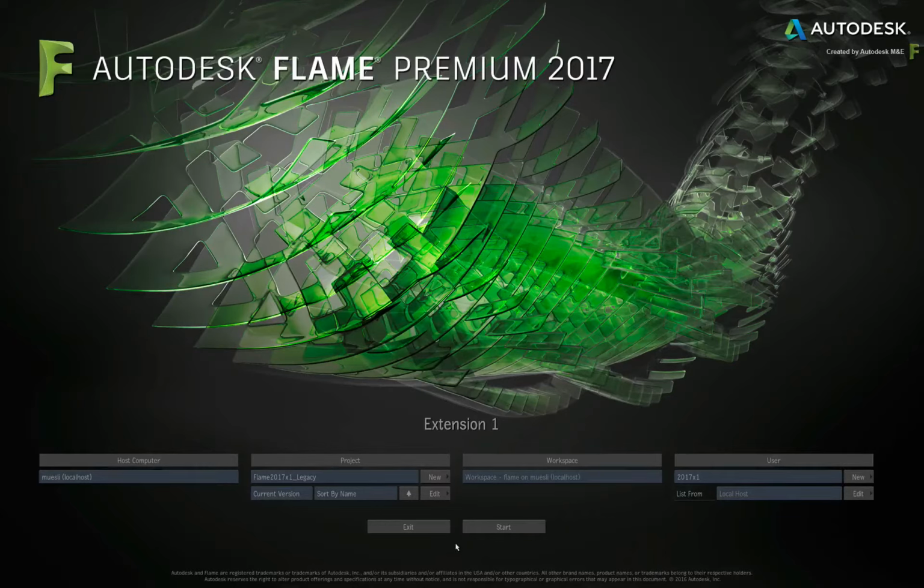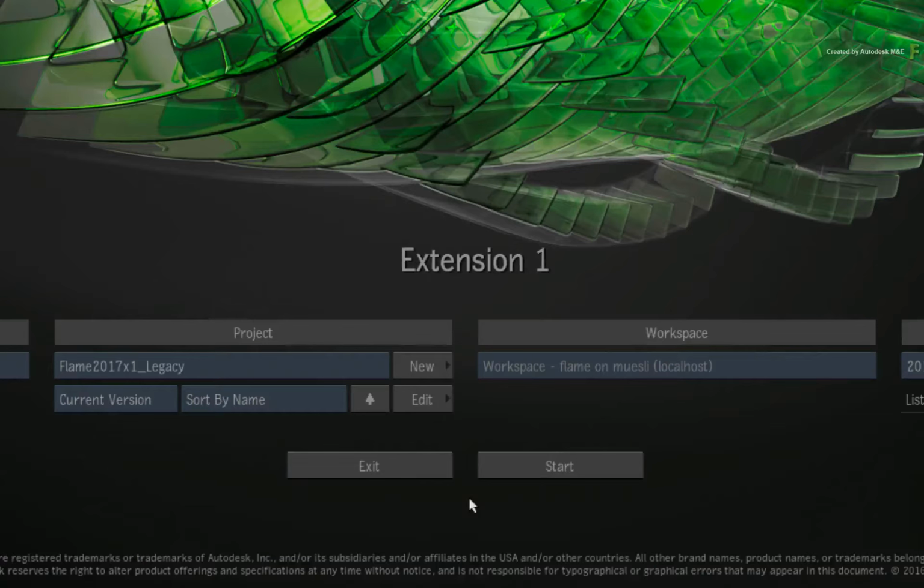to use color management. So this video is just for those of you who want to understand enough about the new color management tools to turn them off and match the way you used to work in previous versions of Flame. However, if you are someone who is actively using color management, then this video is not for you.